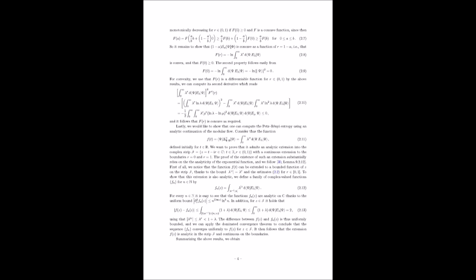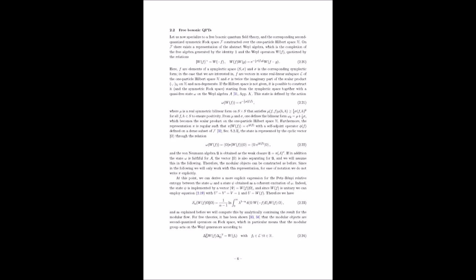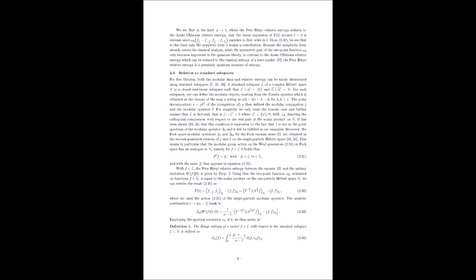Certainly. The two-point function is a mathematical object that captures correlations between different points in a quantum field. It can be split into two parts. One that's symmetric, meaning it's the same if you swap the two points. And one that's antisymmetric, meaning it changes sign if you swap the points. The antisymmetric part is essentially the symplectic form, which is a concept we encounter in classical physics. This part captures the classical aspects of this system. The regular relative entropy, which is based on the symplectic form, only sees the classical side of the story.